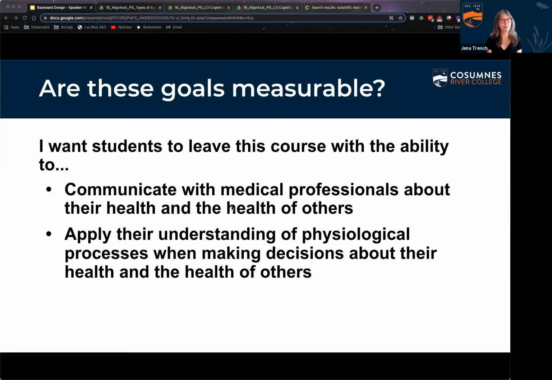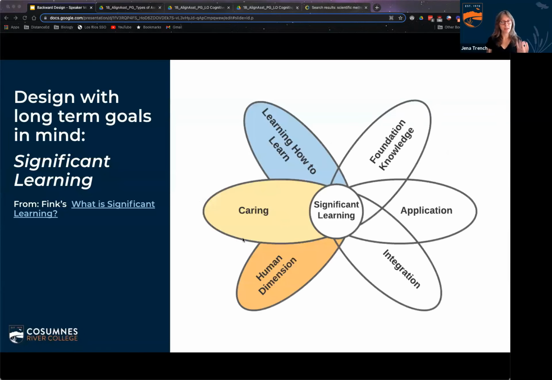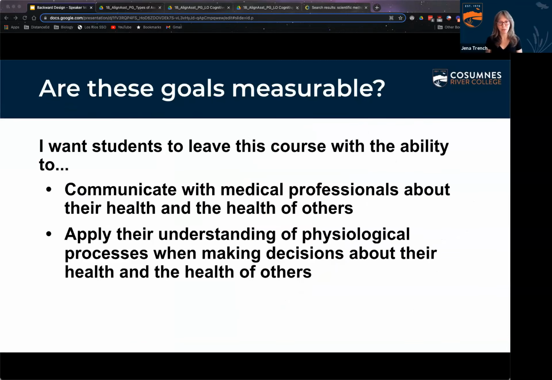way. Because often what happens is the students select, if it's the digestive system, they will select a digestive system disorder or disease that they themselves have experienced, or that their family members have experienced. And that adds that level of significant learning, the significant learning being the caring and the human dimension. And so that provides them with the chance to more deeply engage with the content while addressing the learning objectives. And then the second one here, applying the understanding of physiological processes when making decisions about their health